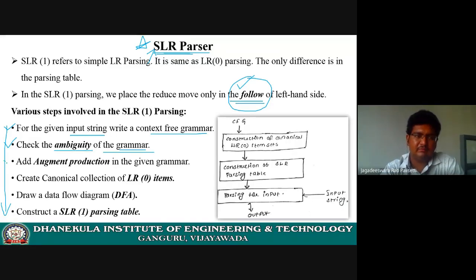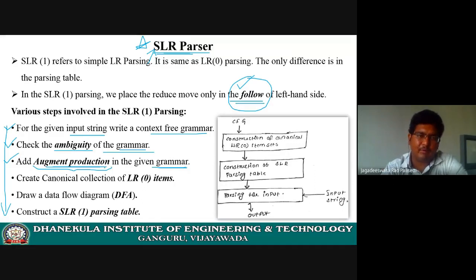Third one, I am just revising the points. I just revise the steps of what we do in LR(0). Those 7 steps or 6 steps are exactly what we follow here also, with the addition of the computation of the follow function. That's it. So what is the third one? We are going to create a new production rule, making our grammar into an augmented grammar. Nothing but we are going to add an augmented production.